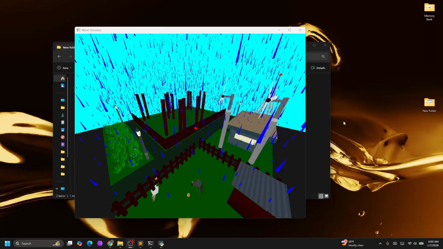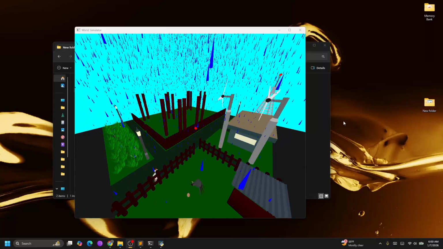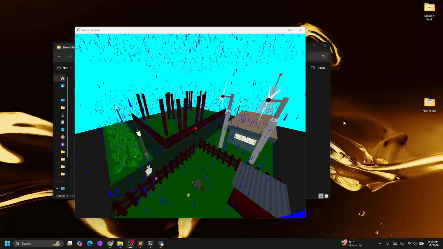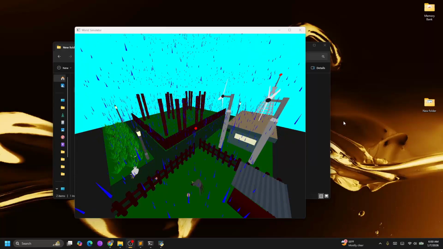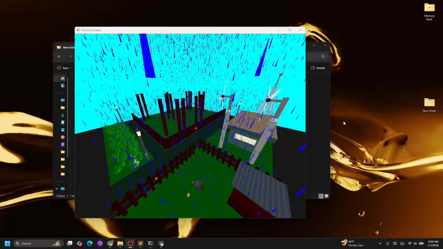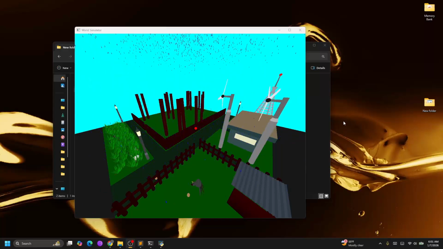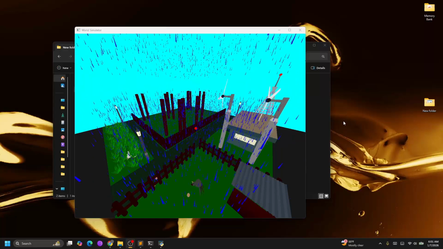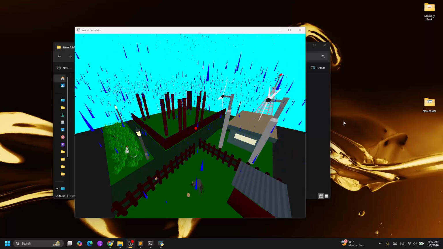Like if I increase the wind speed, as I will do now, then you will see that the trees will shake much more. Okay, let me increase the